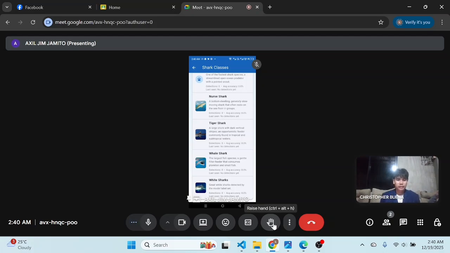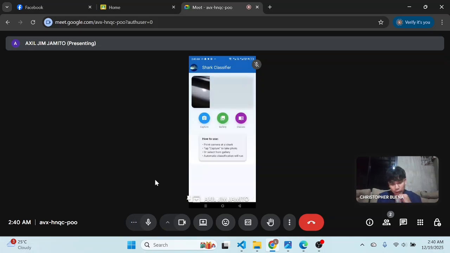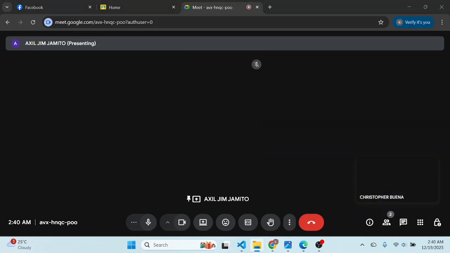First, we're going to try the capture. We're going to capture an image of a shark to test if it is accurate. We have here a different image of a shark. We're going to try this one.